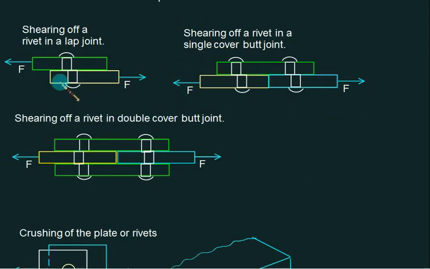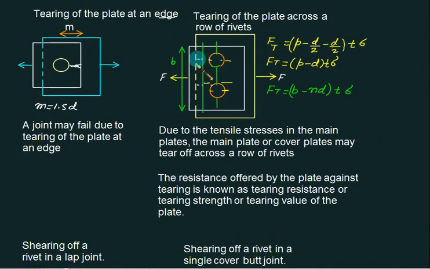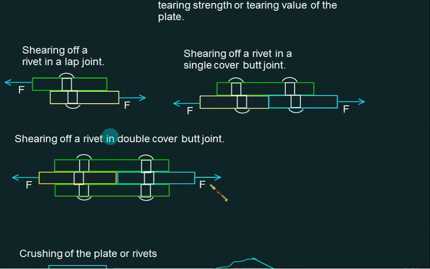So as far as shearing is considered, you have to take the single shear or double shear in the edge view. And the number of rivets you have to take in the front view, that is the top view. Calculation of N is based on this view. And if you see the edge view, then you decide whether it's a single shear or double shear. Is it a case of single shear? So this is a case of single shear, so area will be equal to simply pi by 4 into d square.